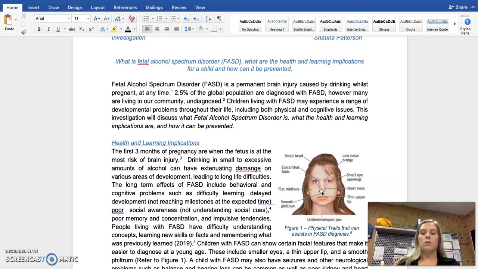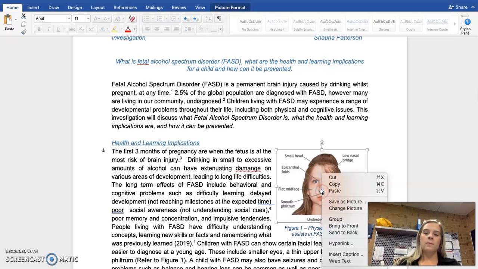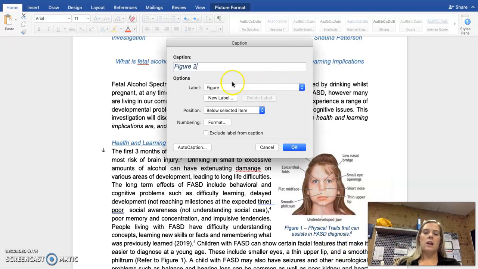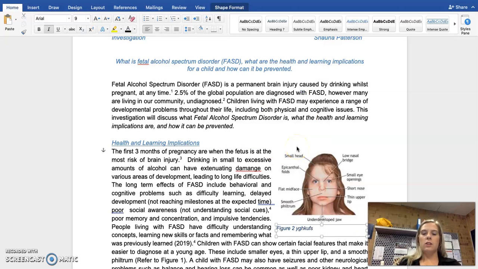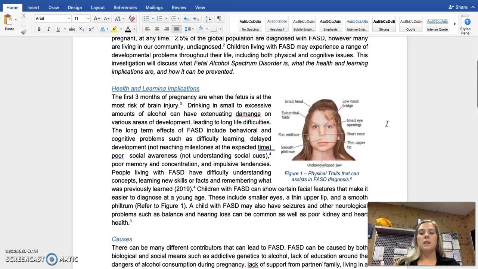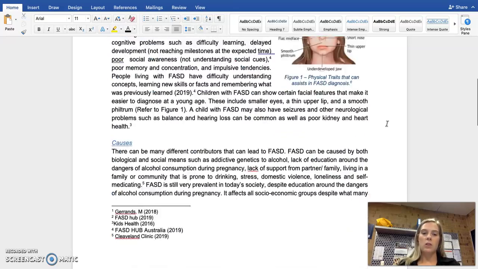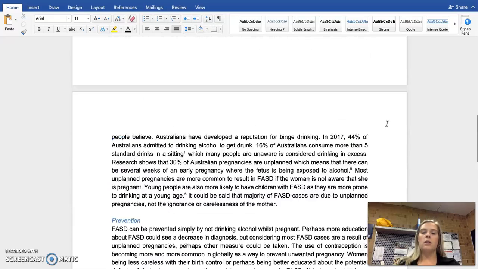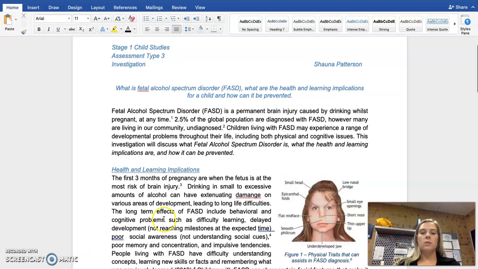Once you do include the image of your, say, pie graph or whatever it is, you can actually right click on it and you can insert a caption. Okay, and it'll come up with figure 1 or figure 2. It's a little bit difficult to change here, but if you press OK, generally you can type whatever you want. Okay, so that is something that I would recommend that you do when you do put in your survey data. Other than that, that is how I want you to set out your investigation and how I would like you to reference it. It is very similar to the template. I've just gone ahead and I put in extra headings